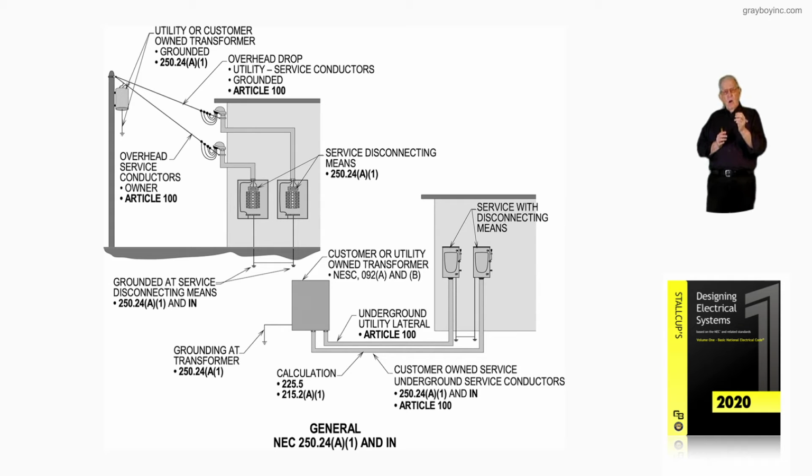But if that pole is owned by the customer, then those service drop conductors there would comply with Article 399 and 225.18 of the code. Now, drop down and let's look at the underground. Now, if the utility owned that transformer, that underground run there would be considered a utility lateral. And it would have to be a minimum of 24 inches deep from finished grade in most all states, counties,